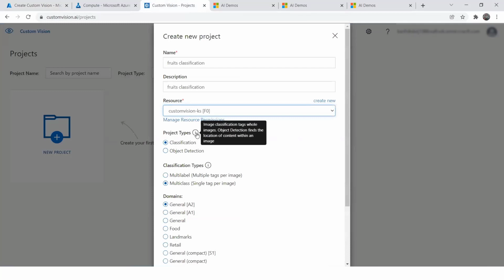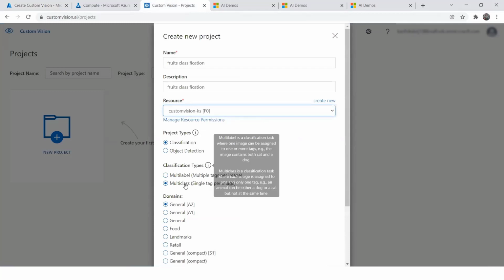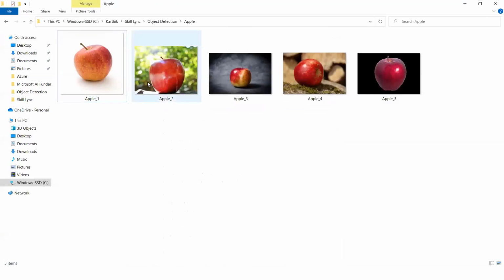The project that we are going to run is an object classification, and the classification type is multi-label, multi-class. Multi-label is nothing but if you have an image and in this image you have got apple, orange, banana, then there are multiple tags. A tag is nothing but an object. Just correlate with that. But all the images that we will be using today are going to have only one object in that image.